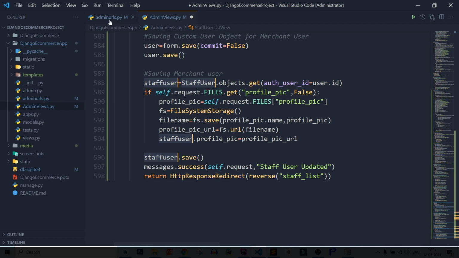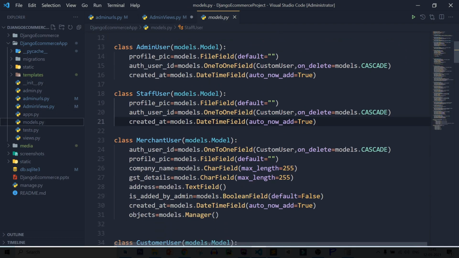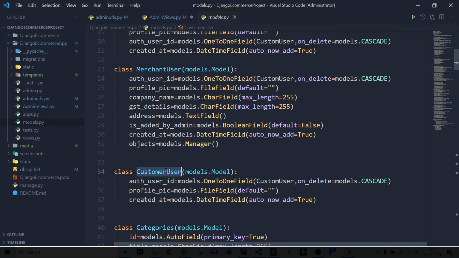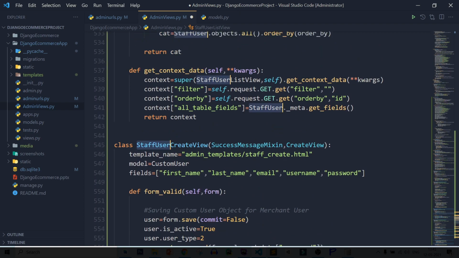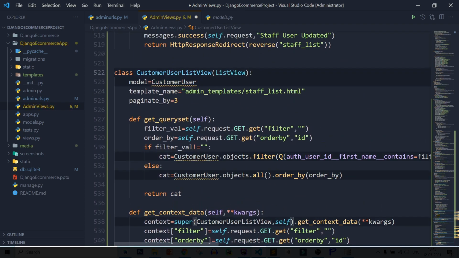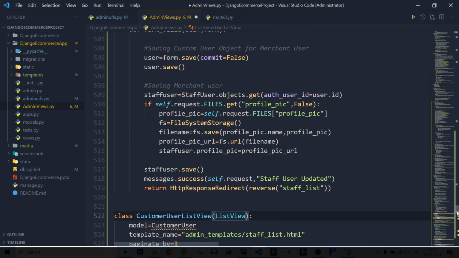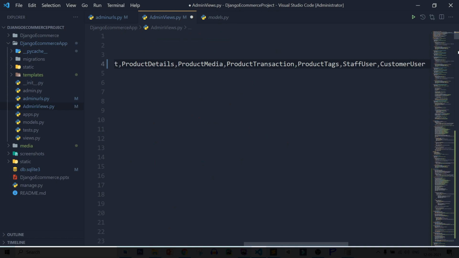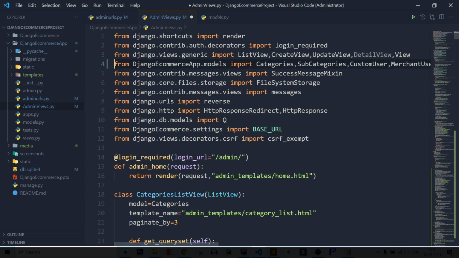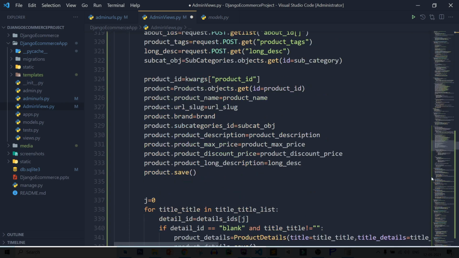Now after that, let's check our model name. So open models.py and it is our customer user. So copy it and paste it. After that, let's import customer user. So import customer user from models. You can see from e-commerce app.models import customer user.